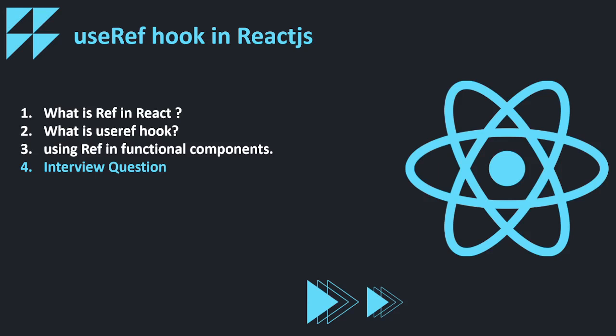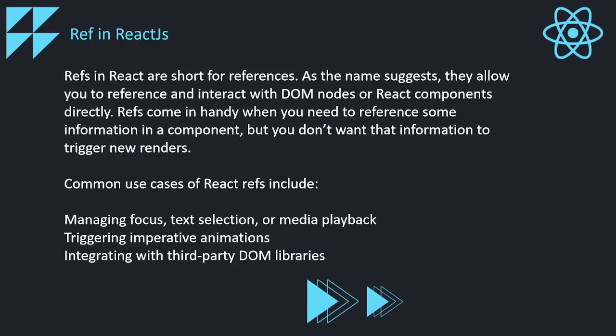First is, what is ref in React? Ref in React is short for references. As the name suggests, they allow you to reference and interact with DOM nodes and React components directly. Refs come in handy when you need to reference some information in a component, but you don't want that information to trigger new renders. So basically, if you remember when we used JavaScript or jQuery, we used to manipulate the DOM using document.getElement, and then in the HTML we used to change the DOM. So in React, if you have to do the same, you have to make use of this concept, that is